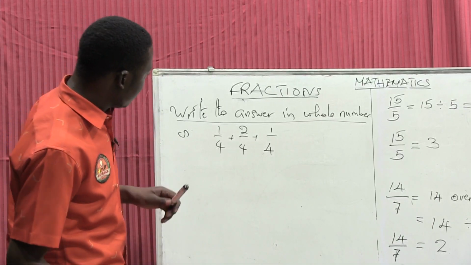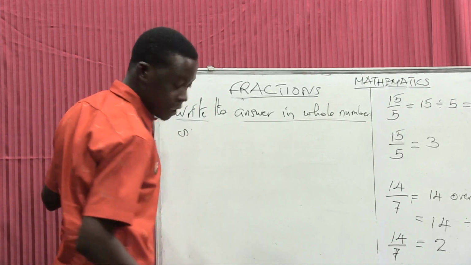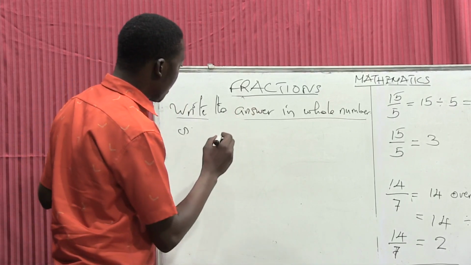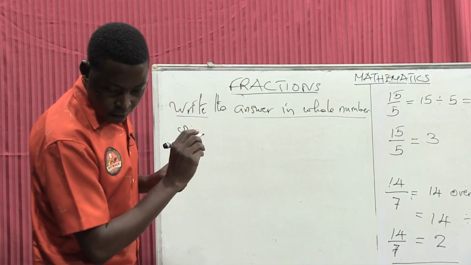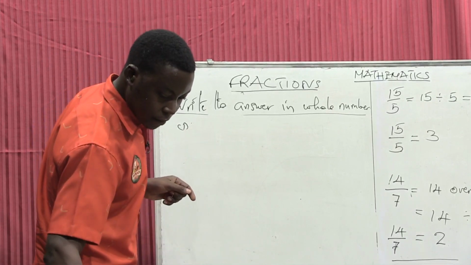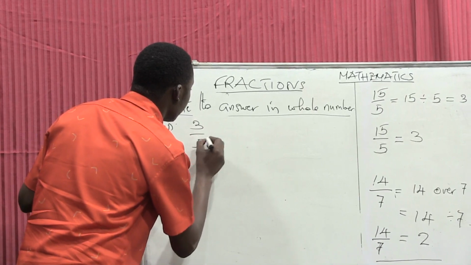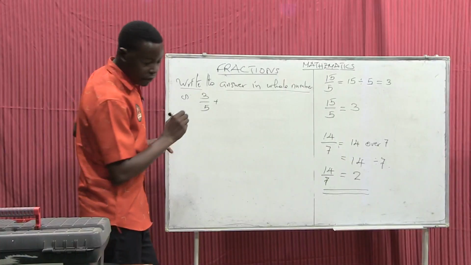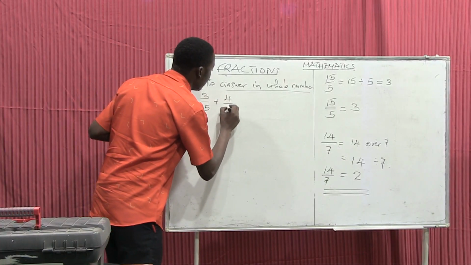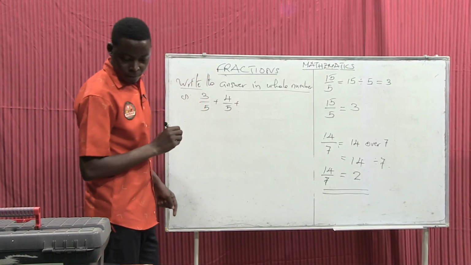This is not a good example. Yes, this one: 3 over 5 plus 4 over 5 plus 3